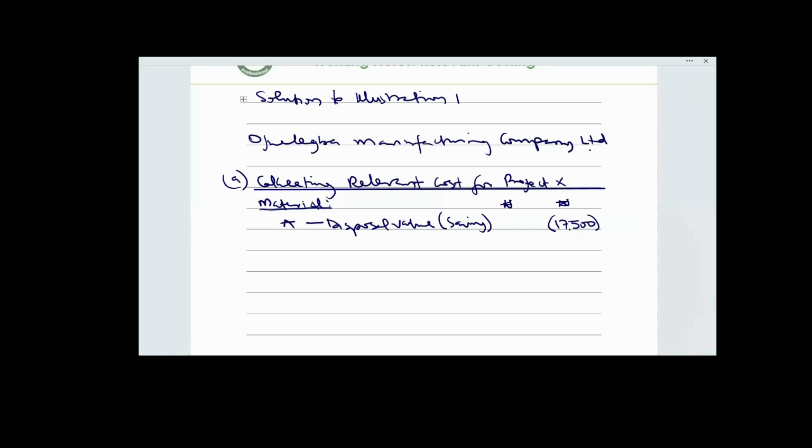All right. Then we also have material B. According to the question, you are told that material B would have to be ordered at a cost shown above. Material B is not in stock, but the examiner has told you that it will be ordered at 80,000 naira. So that's what we are going to use. There is no other cost for material B. Here will be 80,000 naira. So the company will spend 80,000 naira to order material B. So we have treated